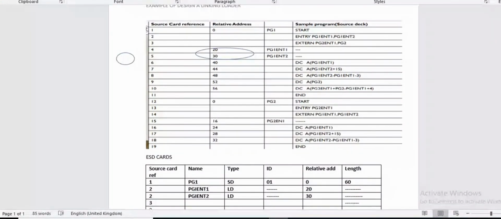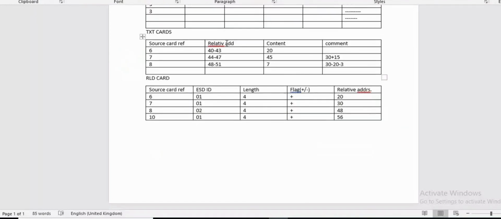Now I will give you another program to solve using the direct linking loader. In that you have to prepare the ESD card, text card, and RLD card. The ESD card contains fields like source card reference, name, type, ID, relative address, and length. The text card contains fields like source card reference, relative address, content, and comment. And last is the RLD card, which contains fields as source card reference, ESD ID, length, flag, and relative address. Just remember one thing: every card contains two common columns.